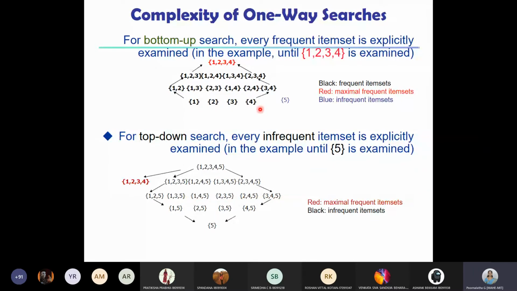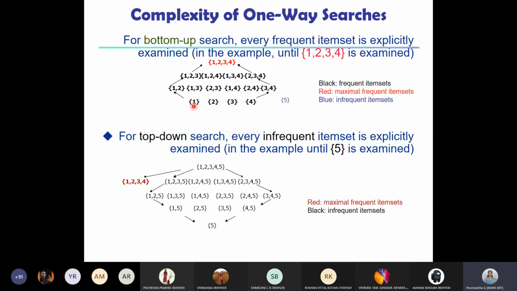And then we compare the support with the minimum support threshold. Suppose, for example, you come to know that item 5 is not frequent and 1, 2, 3, 4 are frequent, then what we do in apriori, we leave item 5 and we construct the items of size 2 by using these items, right?